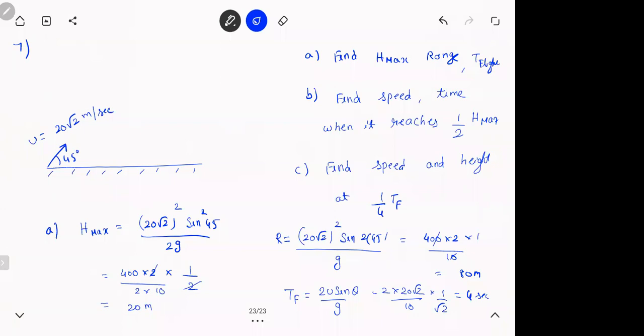What you got is the vertical speed. There is a horizontal component also. Got it? What you got is only the vertical component. So speed means root of vx square plus vy square. Even I forgot it yesterday when I did it the first time, and after a minute I remembered there is a horizontal component also.